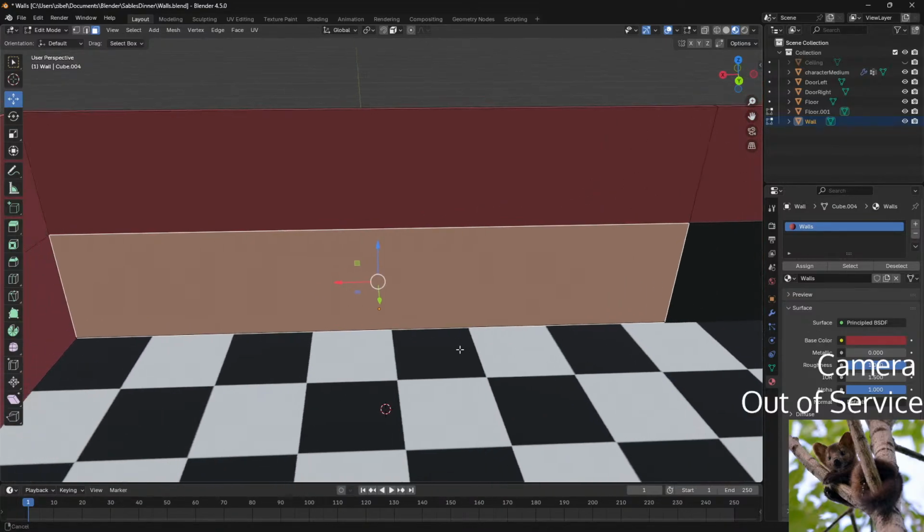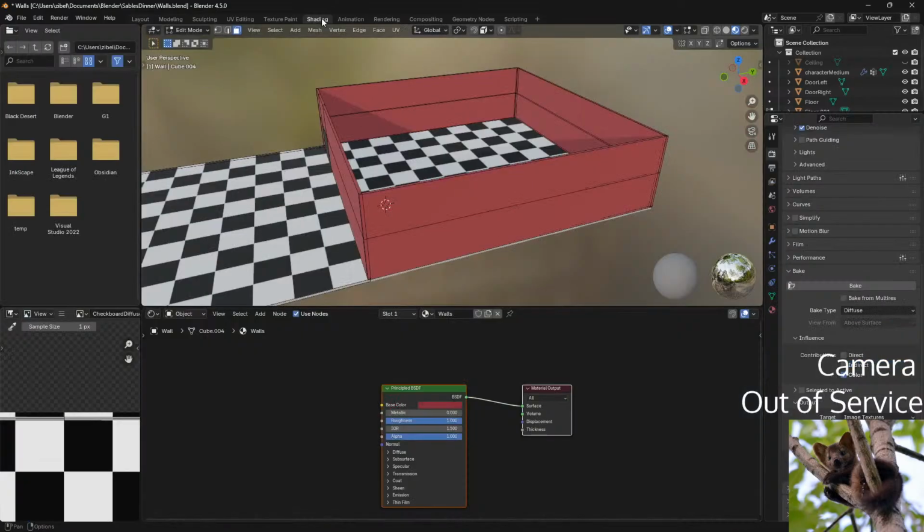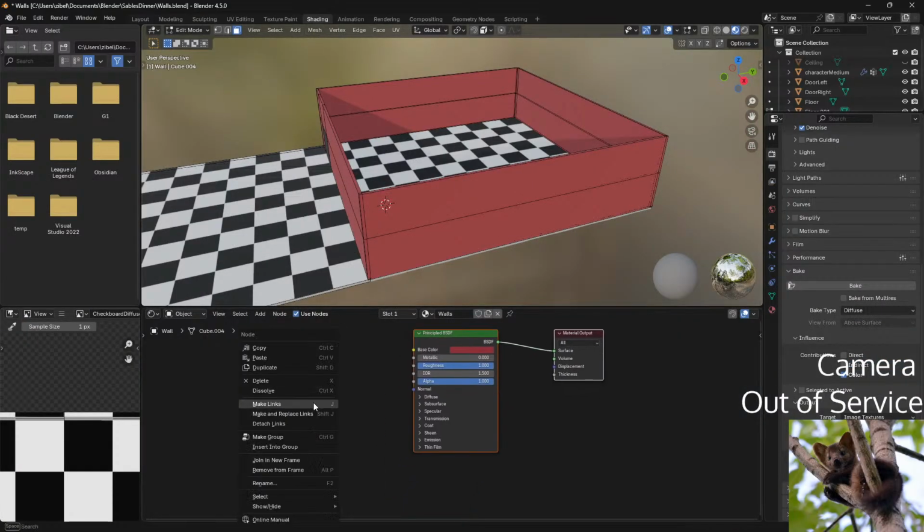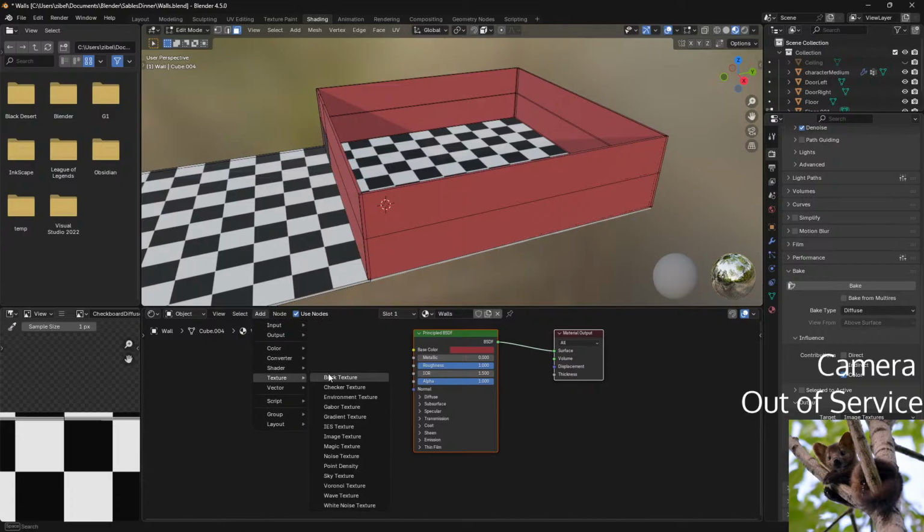Is that possible? Or maybe a shader could do that. Like a texture wave.